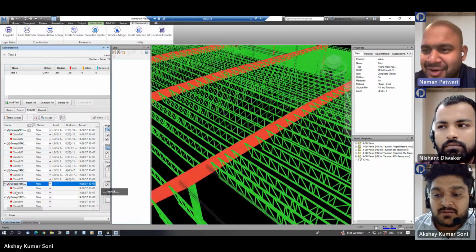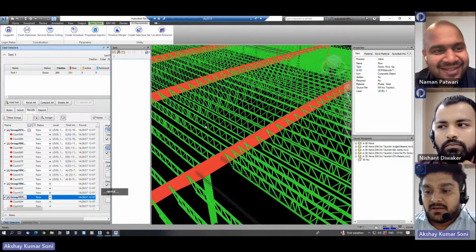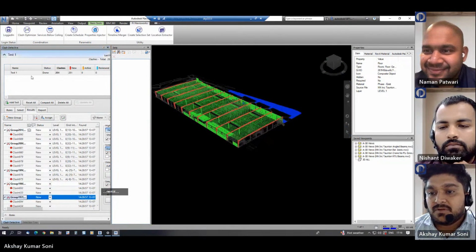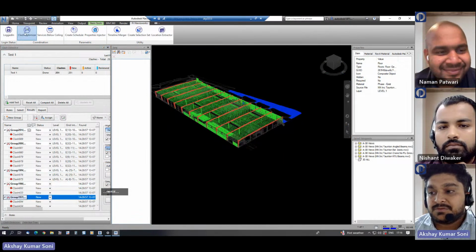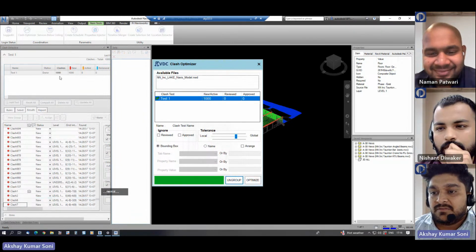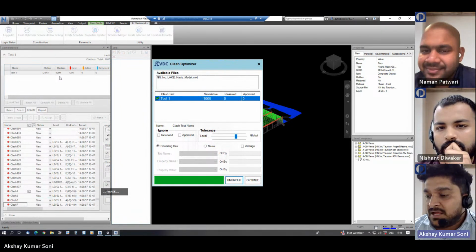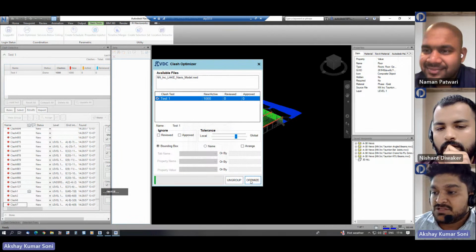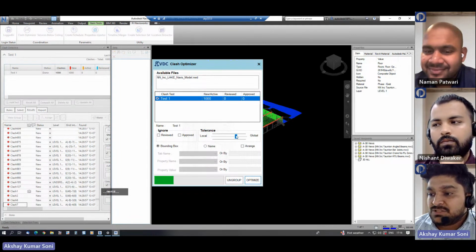Akshay, could you elaborate on that a bit more, please? Yeah, okay. So as we can see here, when I set the range and I ungroup the clash, as we are aware, we have 1000 clashes here. When I optimize the clash with this range,